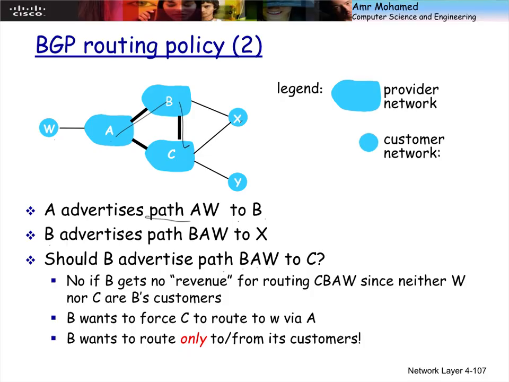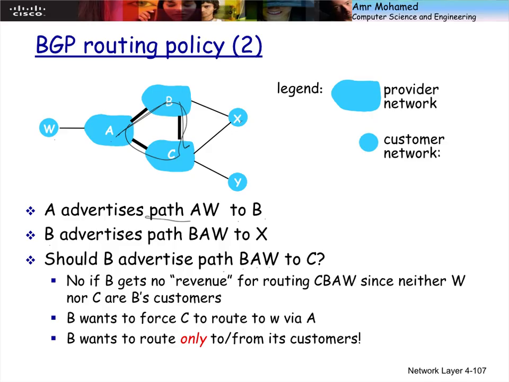That will also create some kind of looping, so we try to avoid this concept of looping. One of the issues that we have to pay attention to for inter-autonomous system protocols is looping through the autonomous systems. ماشي كده؟